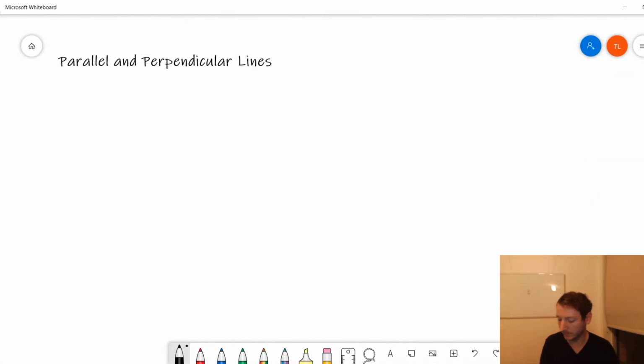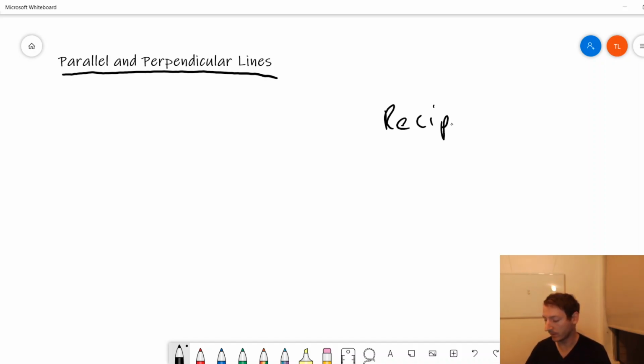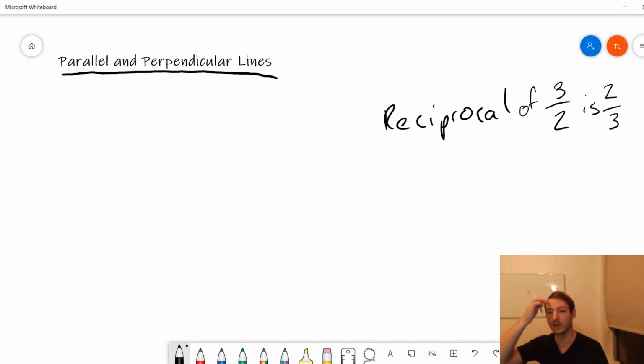Alrighty, so when looking at these, we're going to need to remember a reciprocal. Now, you don't need to write this down in your notes. I'll just show you an example before we get started. So let's say we've got the number 3 over 2. The reciprocal of 3 over 2 is, flip the fraction, 2 over 3. Let's say we've got 4 over 7. That's going to become